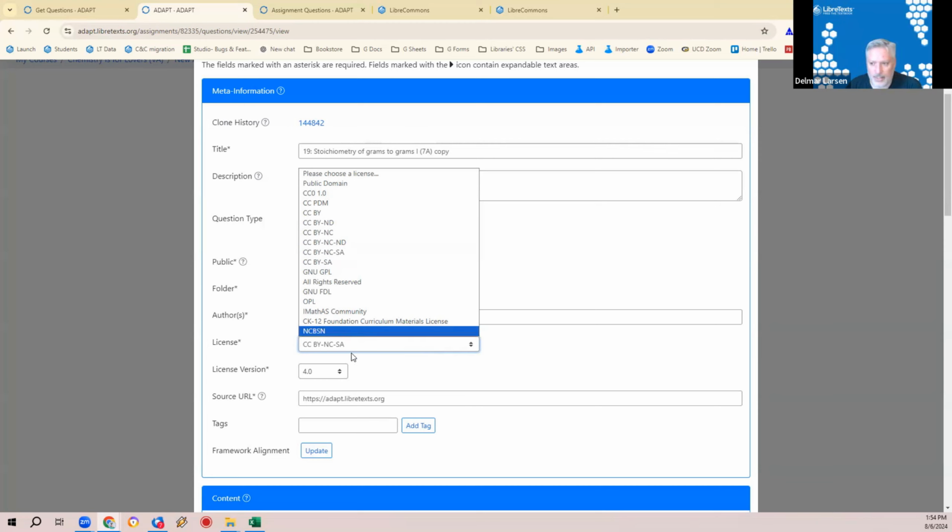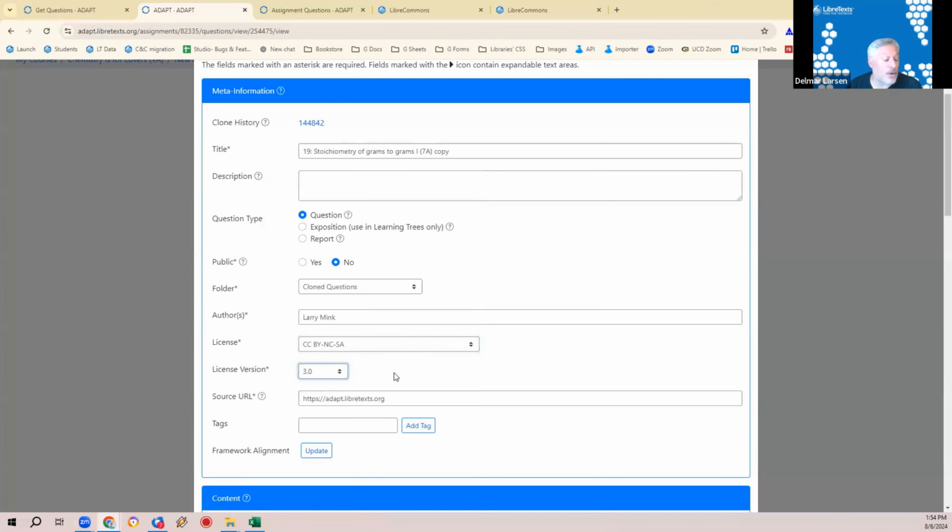So I'm going to put this into our queue. It'll probably be a few weeks before we do it. Based on this license, it will tell you what you're able to do here. In other words, this is CC BY NC ShareAlike like the original source. So this right here will only let you have CC BY NC ShareAlike, and it should also only have 3.0 because that's what it originally was. I think. No, actually, this was 4.0. So you're unable to even change the version number. So we will change that logic